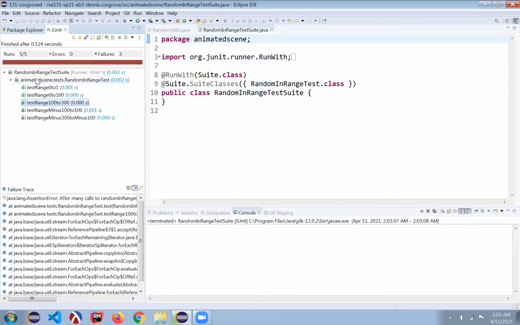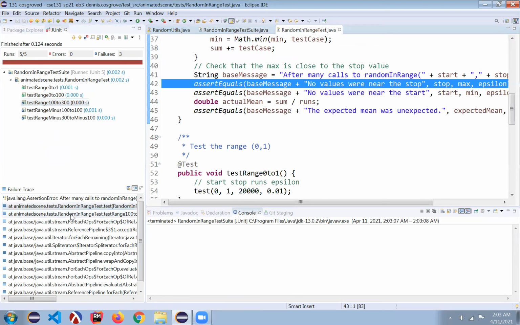see that we're going to pass a couple of tests here. We're going to pass the range 0 to 1 and 0 to 100, and then fail all the other tests. Maybe there's something about starting at 0 that's why this works sometimes, and anytime it isn't, it fails somewhere else. I can click over here on the left on the stack trace, so it takes me